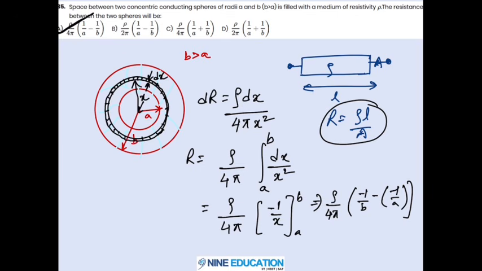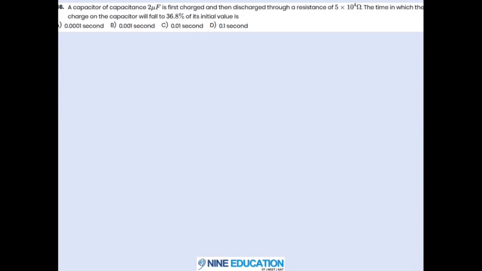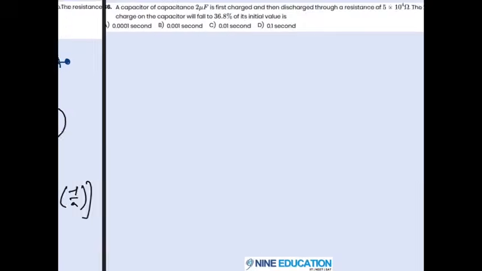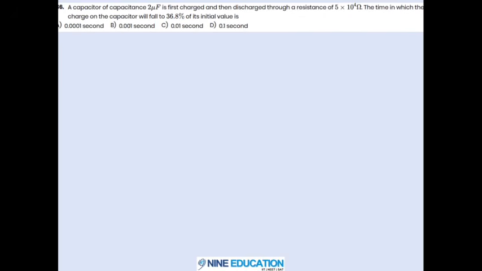Moving on to the next question. A capacitor of capacitance 2 microfarad is first charged and then discharged through a resistance of 5 into 10 to the power 4 ohms. The time in which the charge on the capacitor will fall to 36.8% of its initial value is? Okay. So discharging of a capacitor